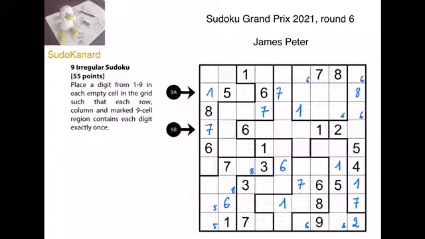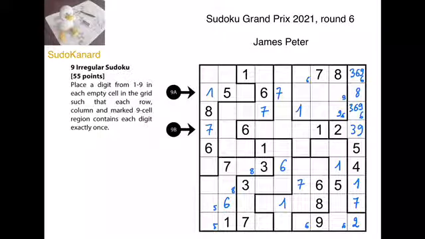This 9, and yes, this 9 is interesting because it's in none of those cells, so it has to be here. And that's the only 9 in the grid, so it's not that helpful. But now this column only needs 3, 6, and 9. So this one is 3 or 9. And I think pencil marking the candidates is now relevant